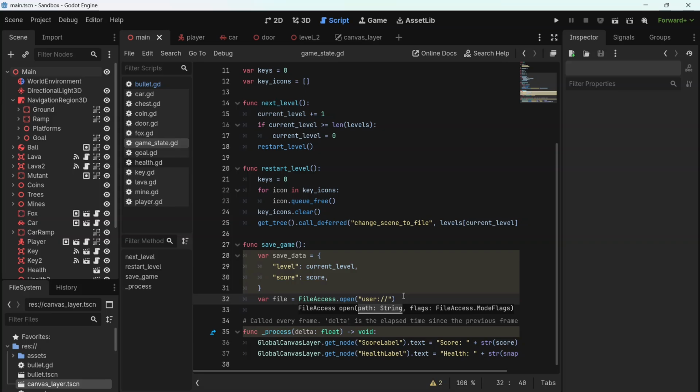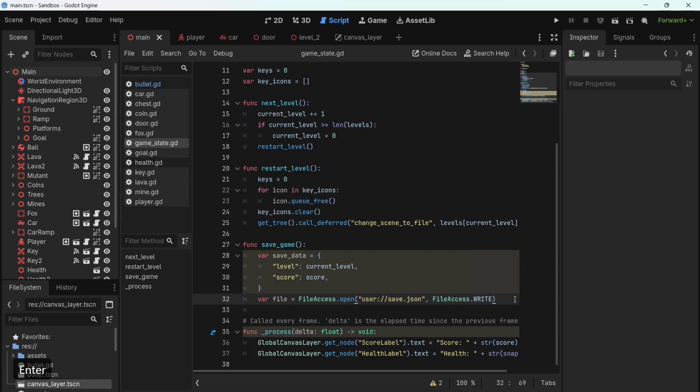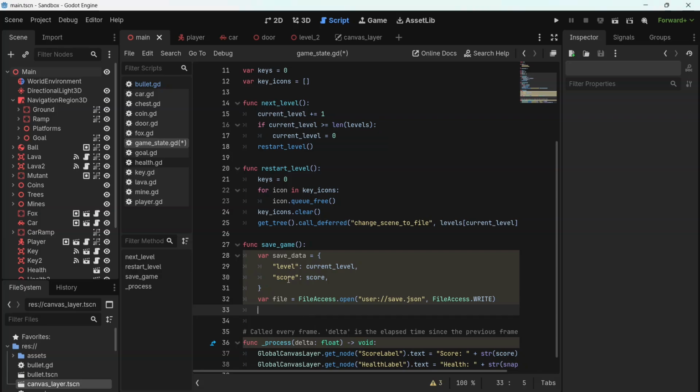And we're going to save this as save.json. JSON, and I'll explain why that is in a second as well. The final thing to add to FileAccess.open is that in this case we're doing FileAccess.WRITE. Now when we load the file later, we'll be doing FileAccess.READ. Finally, we save this save data variable into this file by writing file.store_var(save_data). And that should save a file called save.json into our app data folder anytime that we call the save game